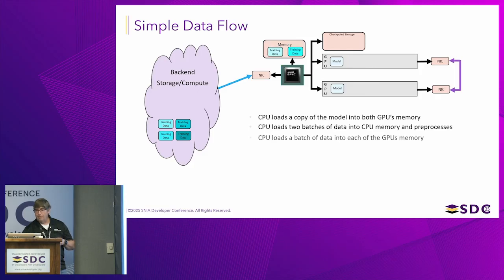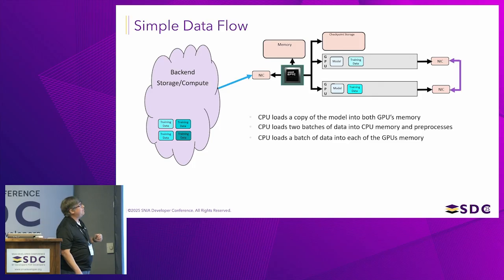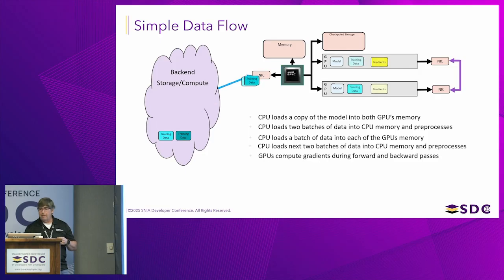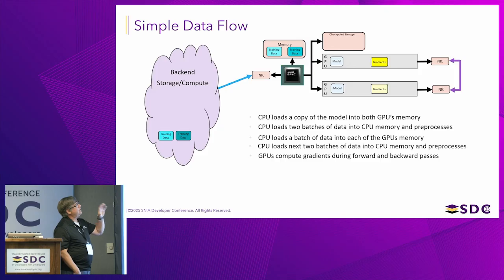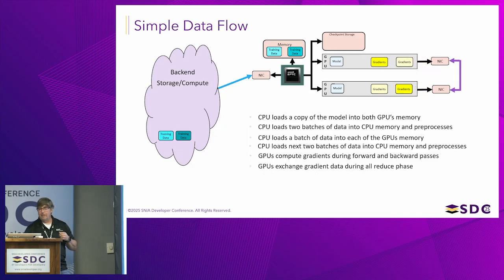Okay, now you move the training data from CPU memory into GPU memory. While the GPUs are crunching on that data, you pull the next set of data out of your back-end storage, pre-position it in CPU memory, and then wait for the GPUs to complete. Once the GPUs complete, they create a set of gradients or differences. They then exchange these gradients, and during this process, they calculate the error between what they produced and what you